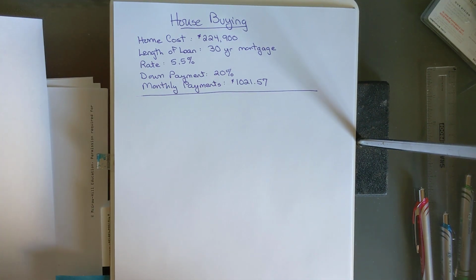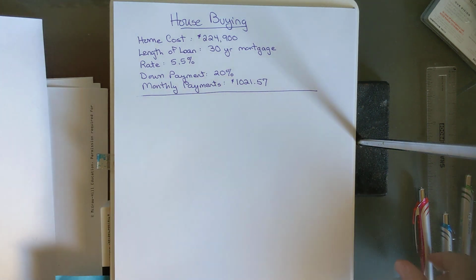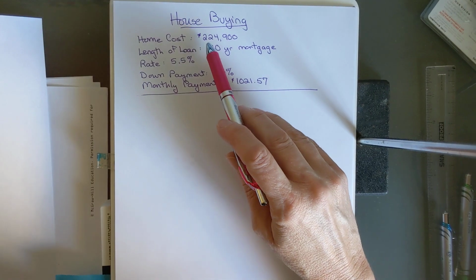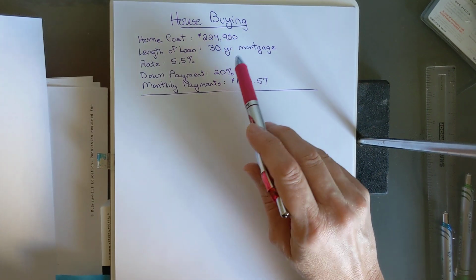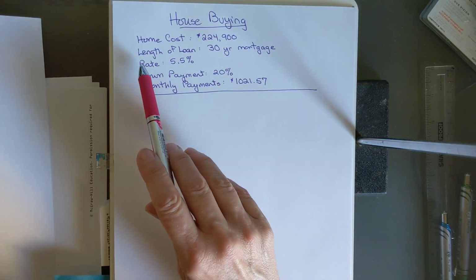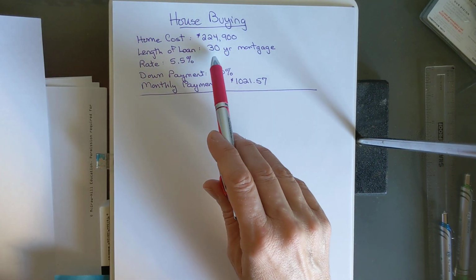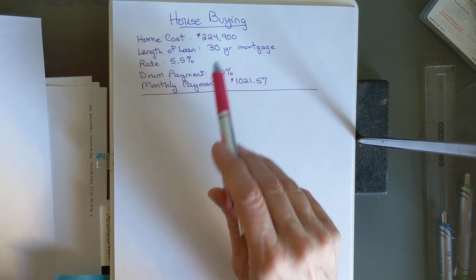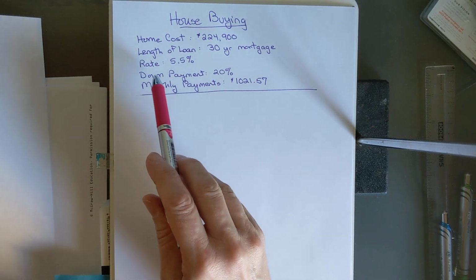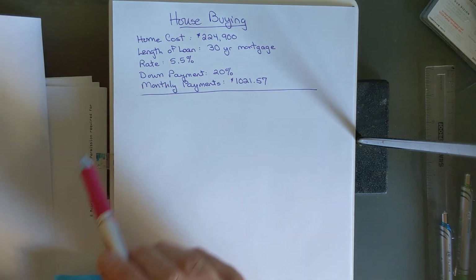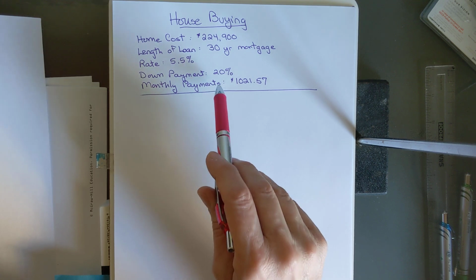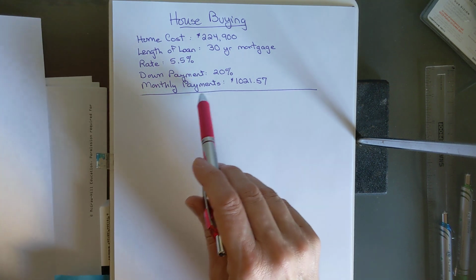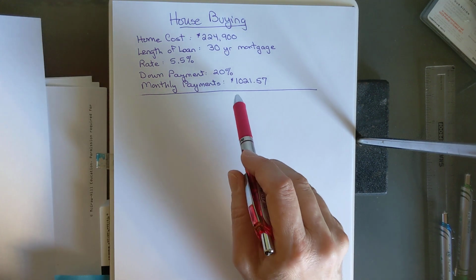Here are the 4 points you need to be able to calculate in buying a house. We found a house and it costs $224,900. That's about $250,000. And we're going to borrow money for 30 years, and we call it a mortgage, and 30 years is pretty normal. The rate of interest is 5.5%. The down payment we're being required to make is 20%, and the monthly payments that have been calculated are going to be